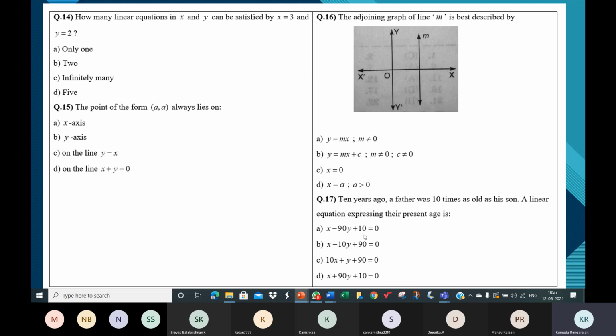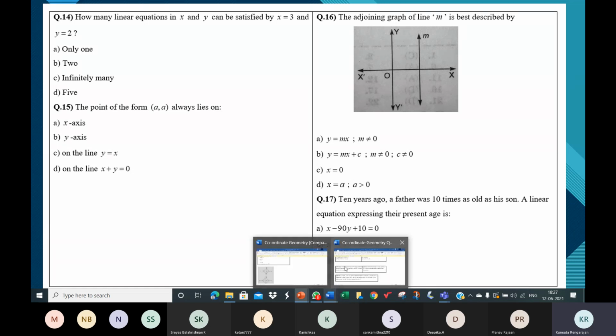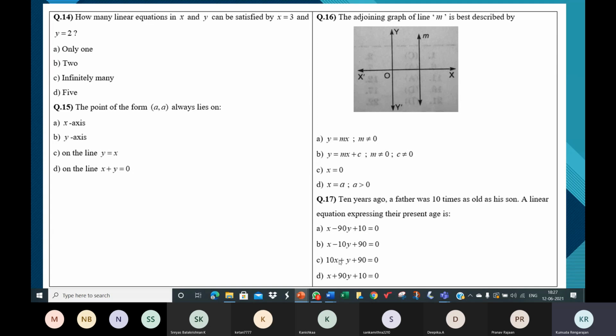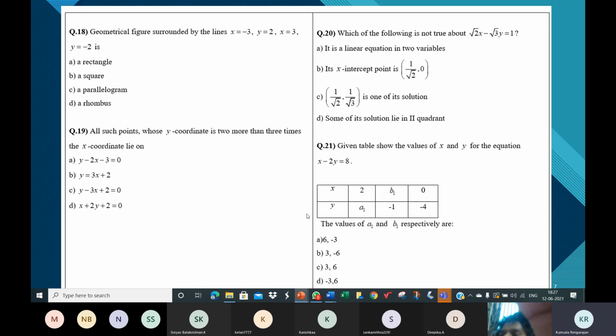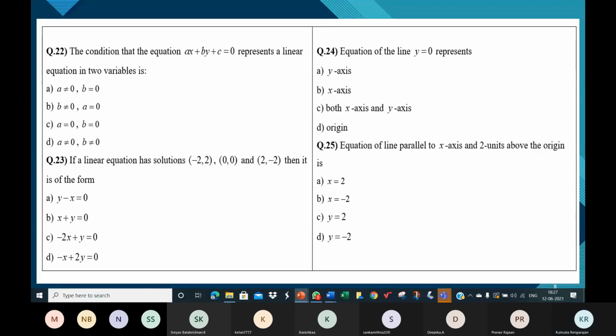This one we understood the equation. It's just that I need to see what they've taken as x and y. I don't want to spend time in the class because it should have been very specific, meaning taking the father's age as x and the son's as y. Since it's not specific, we'll not, but we understood how to make the equation. So we'll take up this tomorrow. 17, 18, 20 again tomorrow. All right.